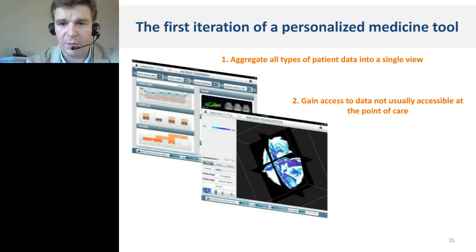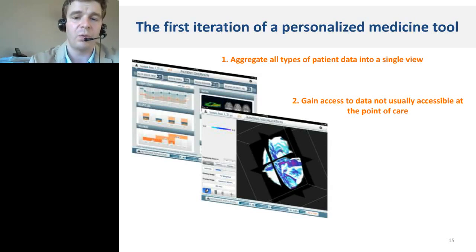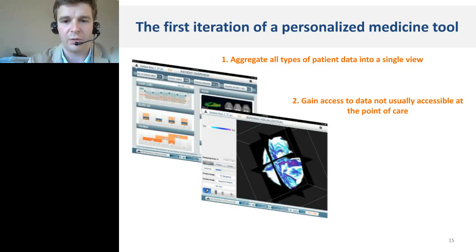We also want to give access to information that is not typically easy to access. A very good example of that is 3D, 4D MRI data. It's also true for genetic and biomarkers. They're not usually available to clinicians and to patients. But typically, we want to solve this data accessibility problem. So we have images for 6 years in a row for patients that had MRIs. We want to access the information.